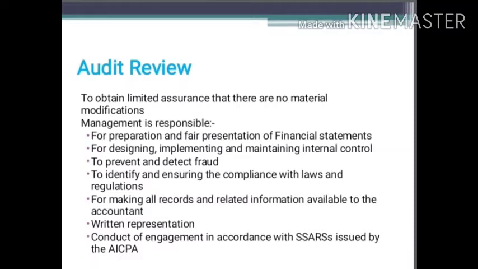The company's internal control system is an integral part of the audit procedure too. So if the internal control system is effective and efficient, then only the fair presentation, or the accuracy and completeness, of the books of accounts can be obtained. So for this particular audit review point also management is responsible. Then management is responsible to prevent and detect fraud. This is one of the objectives, so we will not discuss more about it.